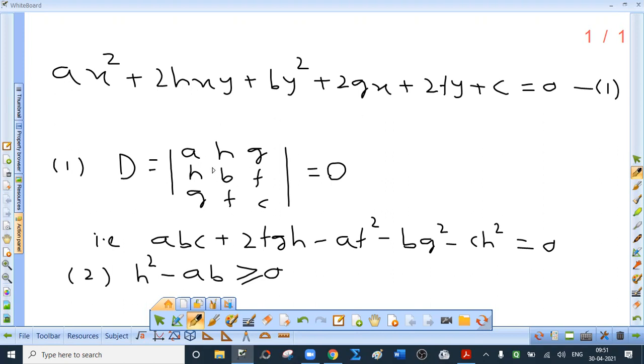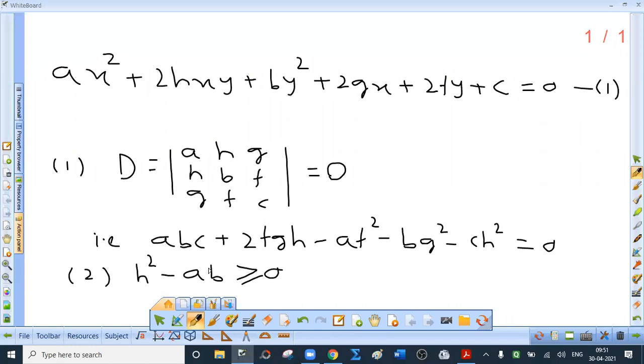Now you are expected to remember the expansion also. You know how to expand a determinant of order 3. So that expansion is abc plus twice fgh minus af square minus bg square minus ch square. So this has to be 0. In many cases, it is better that we go for this expansion instead of writing elements in determinant. Anyway, we have to expand that. So if these two conditions are satisfied, then this equation definitely represents